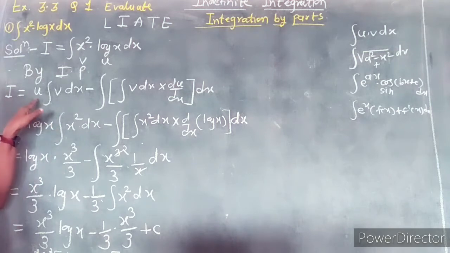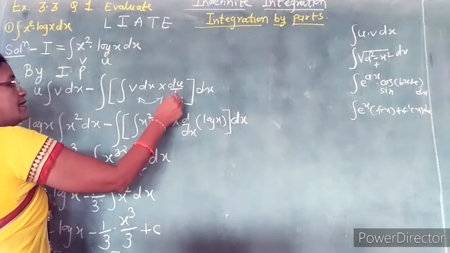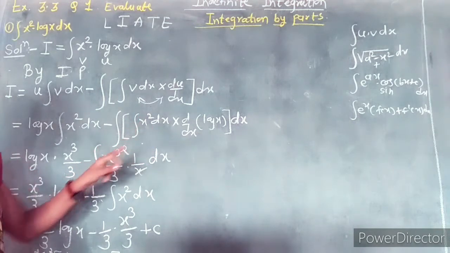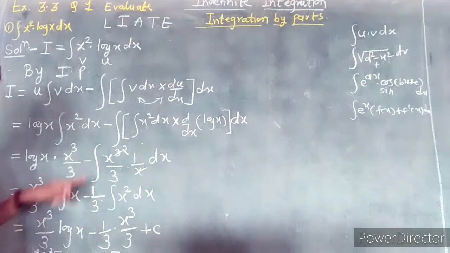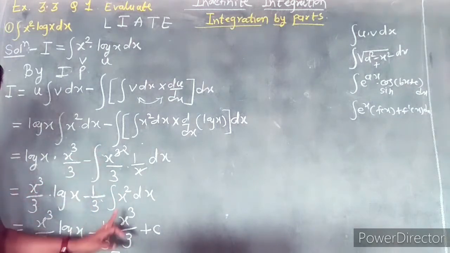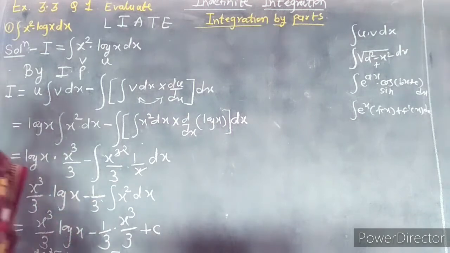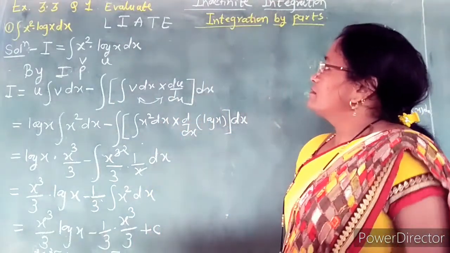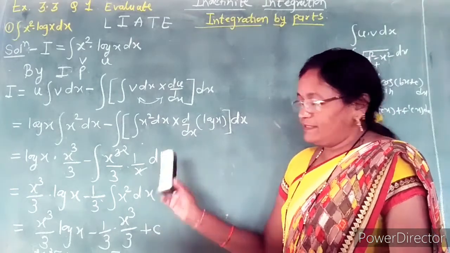Here we only use the result u times the integral of v dx minus the outer integral. Here you may change this product term: first you can write the derivative and then multiply by the integral. So log x, the derivative of log x is 1 upon x multiplied by the integral of x square, and you get the same x cube upon 3. After simplification you get that the term is x square upon 3. So divide by 3, which is constant, and find the integral of x square. Again, the integral of x square is x cube upon 3, the same step is repeated, and at last we take the common factor. So for this product of two functions, using this rule we can evaluate this integral by this method.